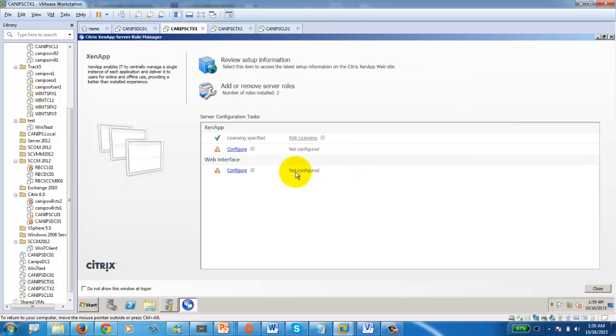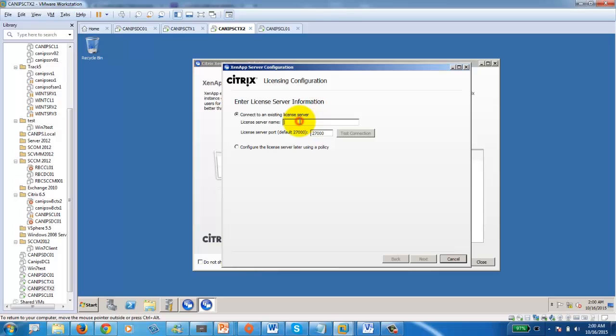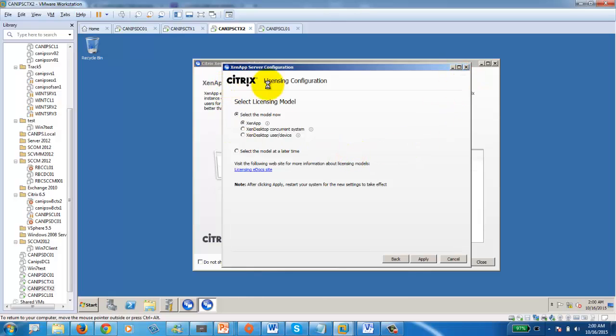It is taking time, so as I said, as soon as it was finished and done, now we'll be able to configure the XenApp server. You click on configure on this, and also here, actually this came back again because I clicked it twice. So basically this was the screen where we need to